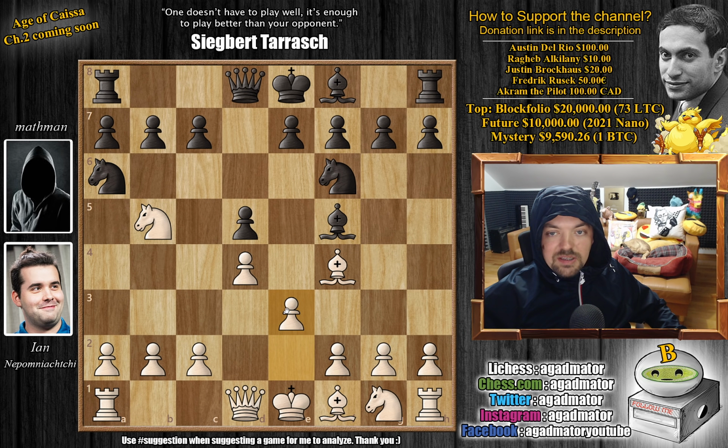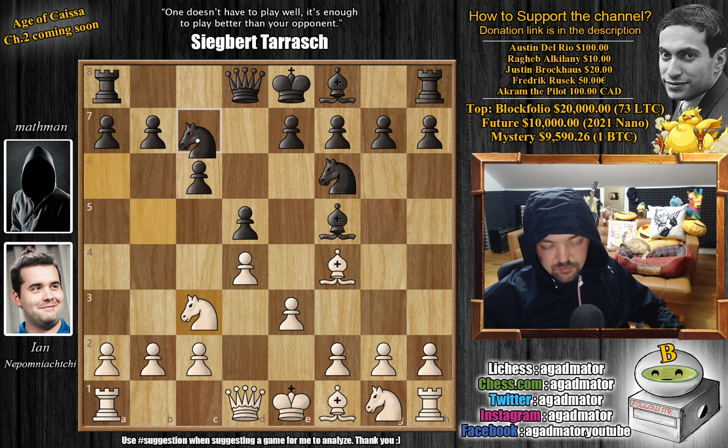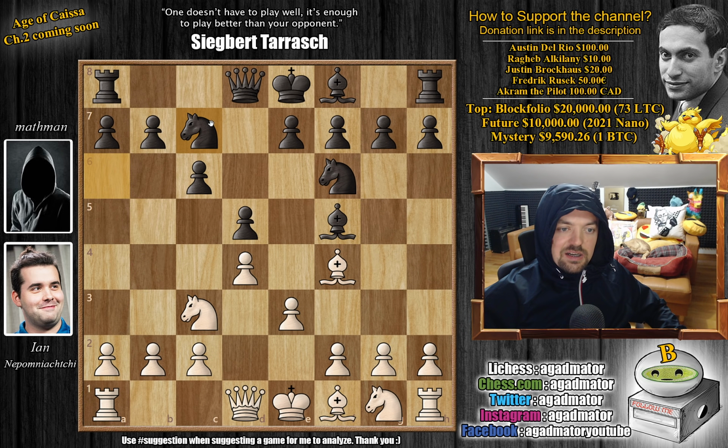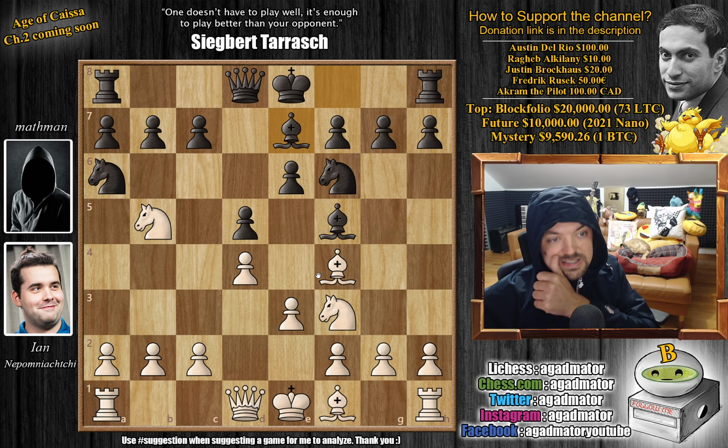We have e3 by Nepo, and now e6. You could also just chase away the knight with c6, but no one ever plays this, because after the knight moves, yes, you can bring this knight back into the game. But where is this knight even going? It doesn't really have any good squares or any prospects for the future of the game. So instead, after e3, we have e6, and now knight to f3, just continuing development,